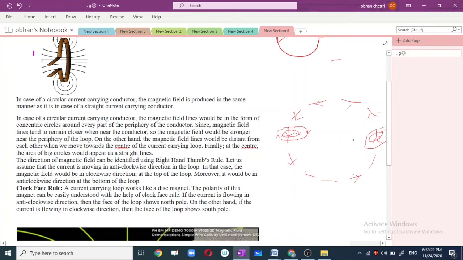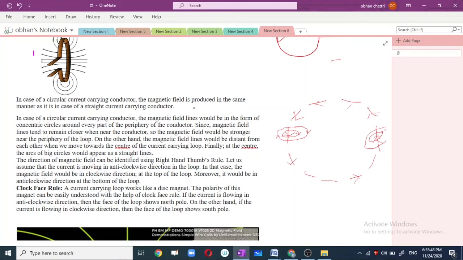After this, here we can see the current is flowing in the upward direction. The arrow has been disturbed a little bit. Now I'm adding the arrow. The current is flowing from down to up. So in that case, what happens to the direction of the magnetic field? By applying the right hand thumb rule, we can see the direction of the magnetic field is